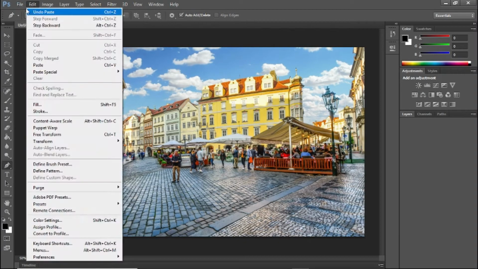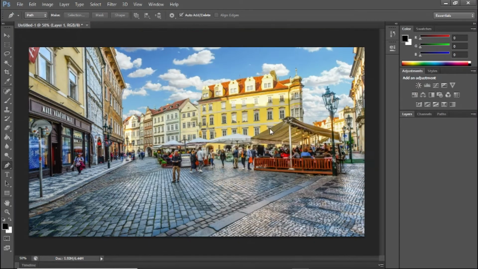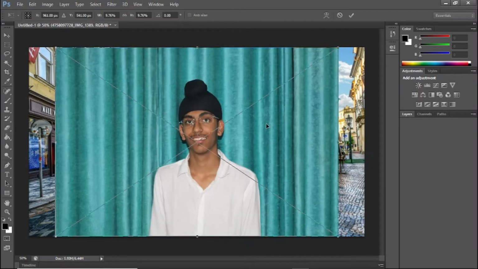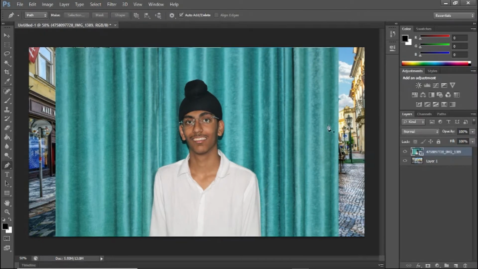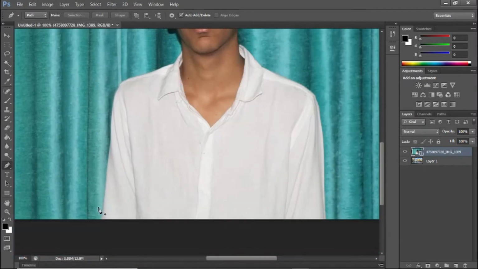Done. Now place the image you want to change the background of. Done that. This image, placed it. Okay, so now I'm also going to teach you how to use the pen tool in this video. First thing we're gonna do is zoom in with Control plus plus or Alt middle mouse button, and we're gonna actually left click.